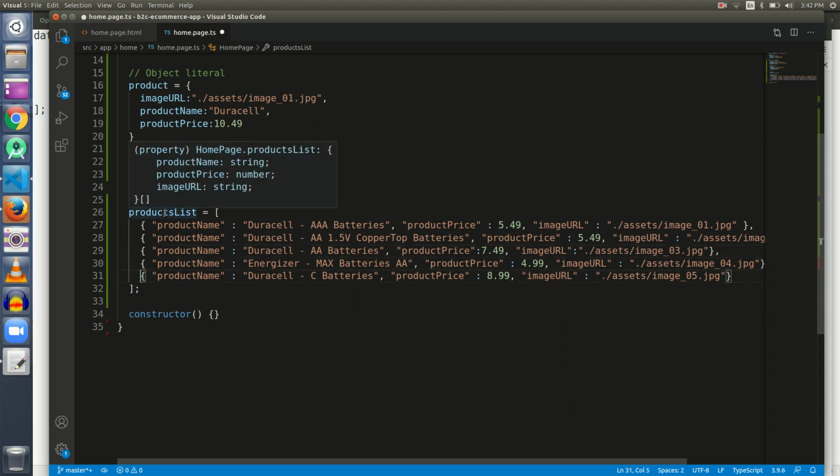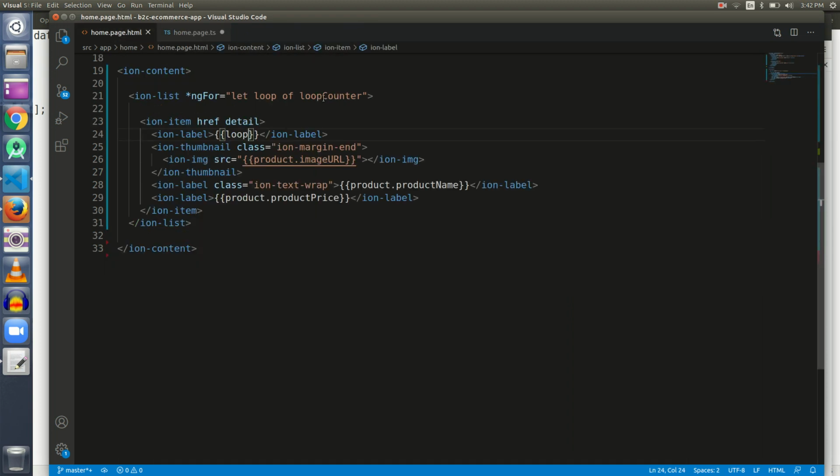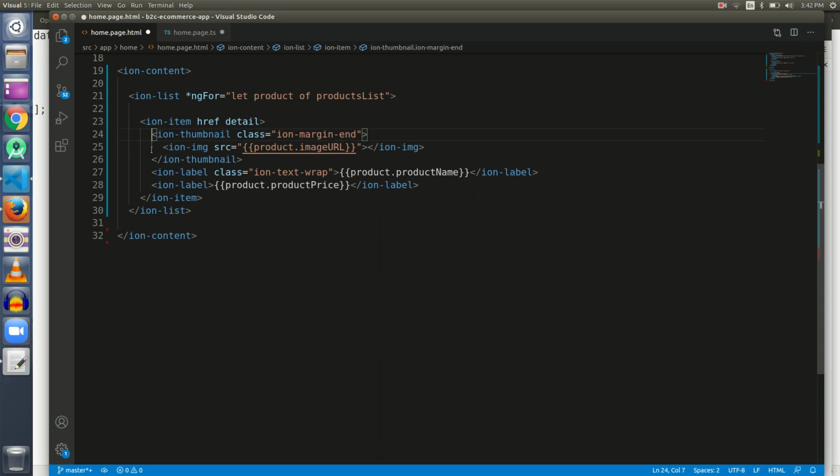Let me put this products list array inside our homepage.html code instead of loop counter variable. So I have put it here, and I will give this loop variable another name, and the name will be product. And let me remove this label because its job is done.